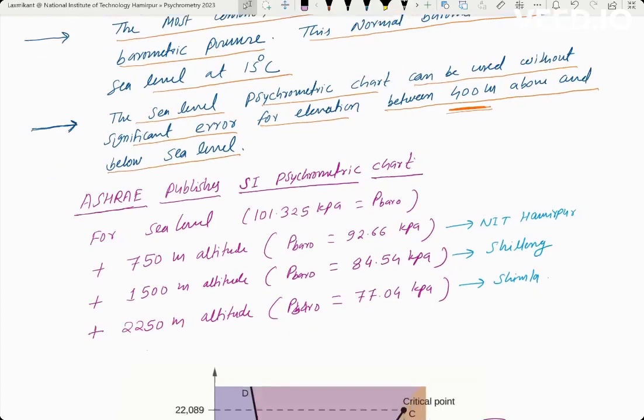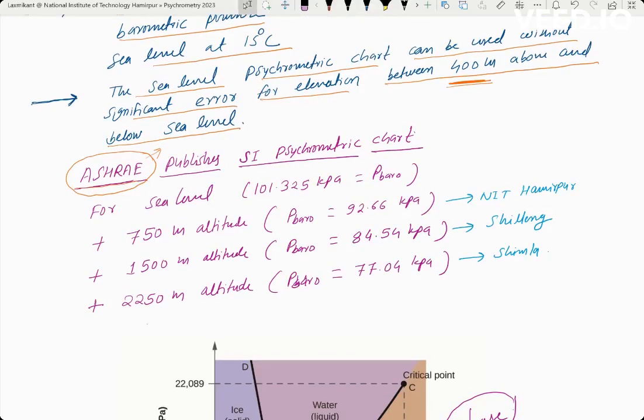The second piece of information is about the ASHRAE-published SI psychrometric charts. ASHRAE is the organization whose rules and standards we follow because they are universally accepted. ASHRAE stands for American Society of Heating, Refrigerating and Air-Conditioning Engineers. According to ASHRAE, there are four types of charts they publish. The first chart is the